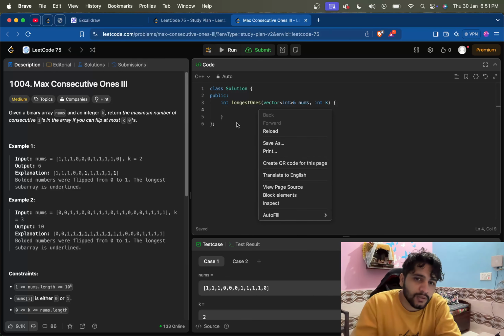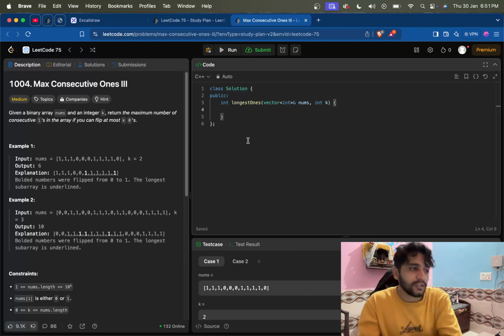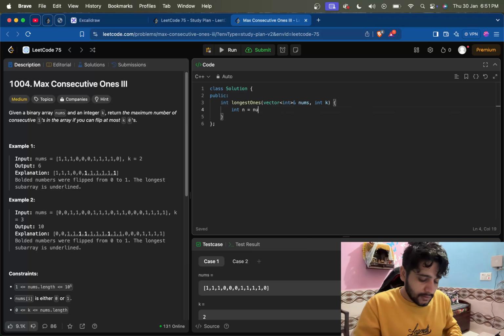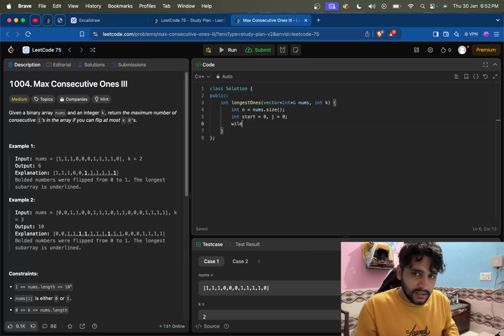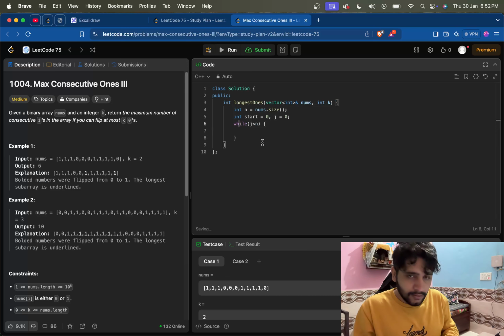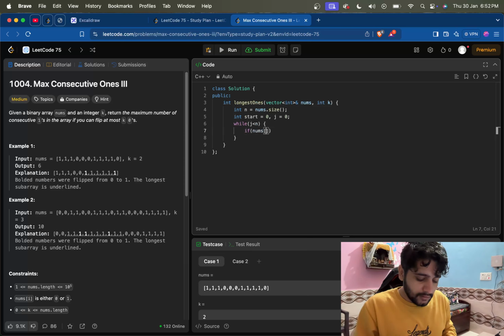So this is what we can do and it's pretty easy now. So if n is nums dot size and int, this is the start. Okay, we will take this variable as the start which is 0 and j also as 0. So while j is less than n, ठीक है, while j is less than n हम क्या करेंगे, अगर हमें कोई 0 मिलता है, नम j 0 मिलता है तो हम k को माइनस माइनस कर देते हैं। लेकिन इफ़ k लेस देन 0 चला जाता है